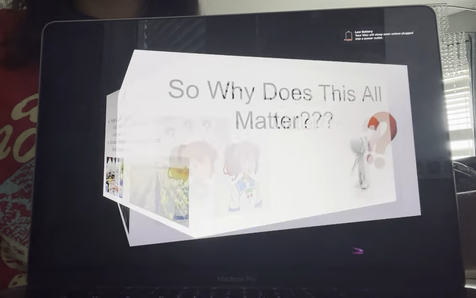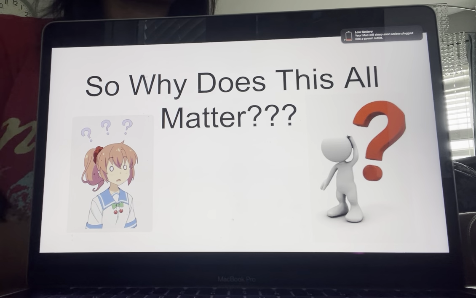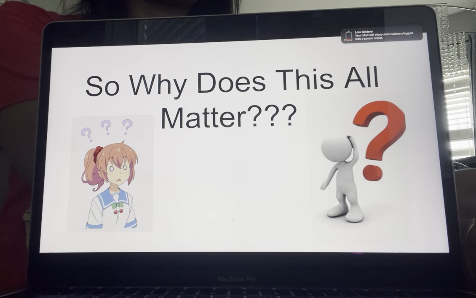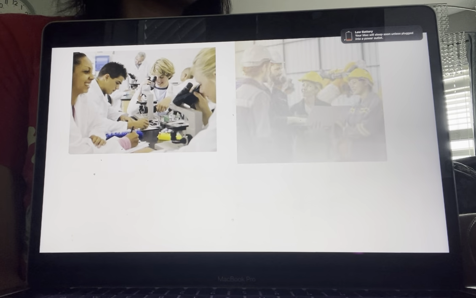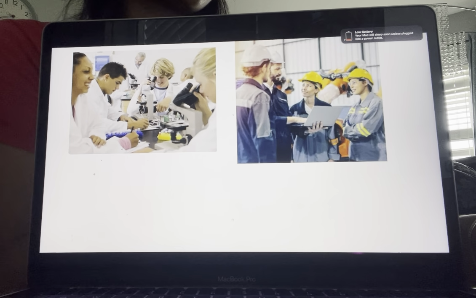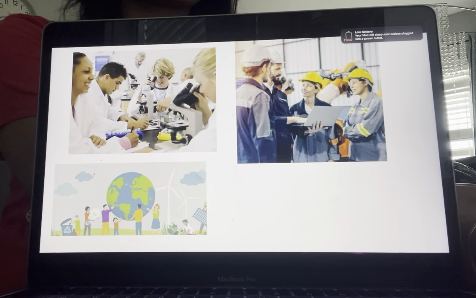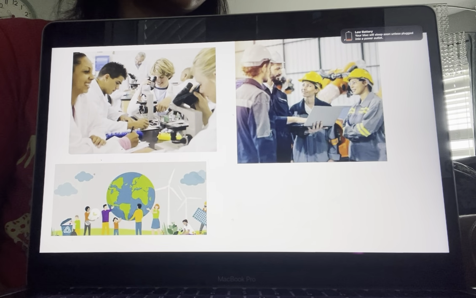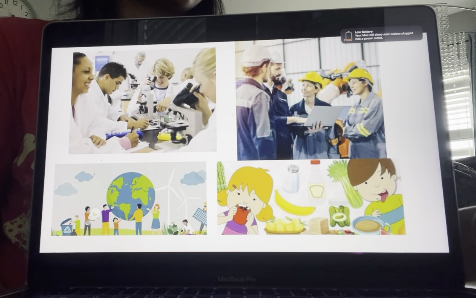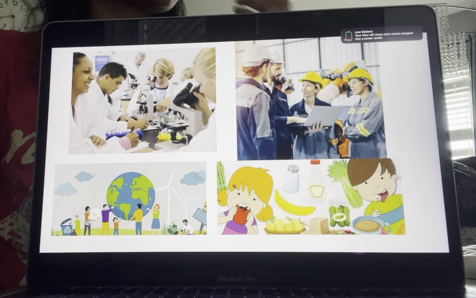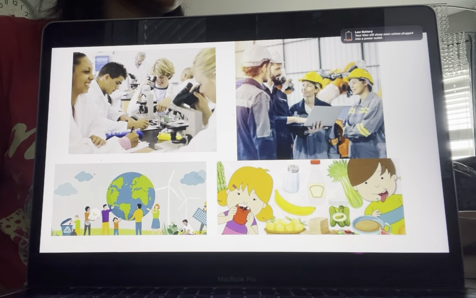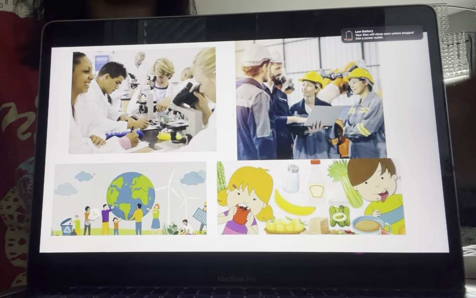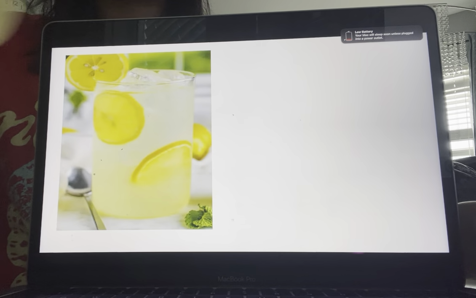So now you might be wondering, why does this all matter? Now we've learned it, who cares? Well, understanding acids and bases helps scientists and engineers create medicine, develop things like cleaning products, and even protect the environment. It also helps us understand everyday things, like why certain foods taste the way they do, or how products we use actually work. So, next time you drink some lemonade,